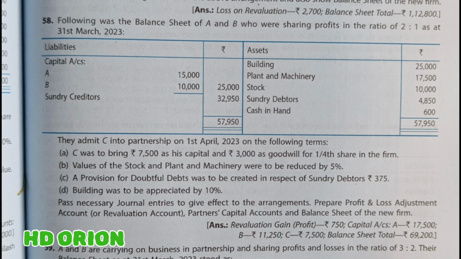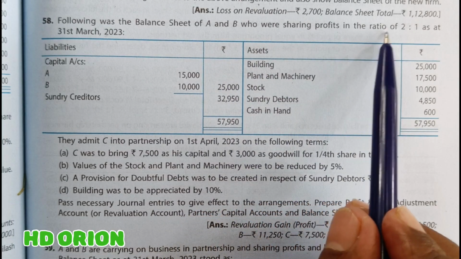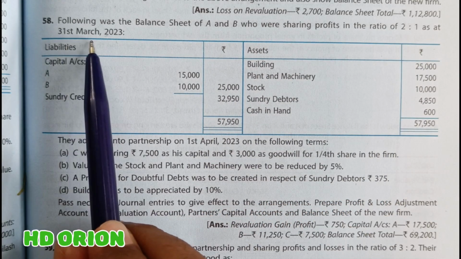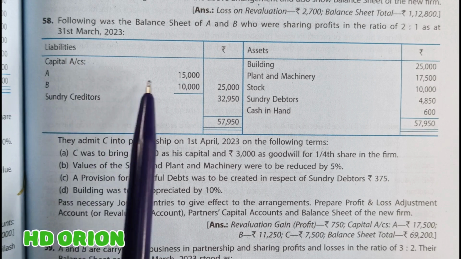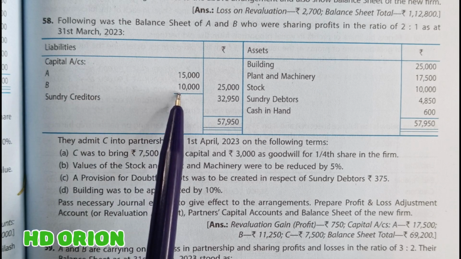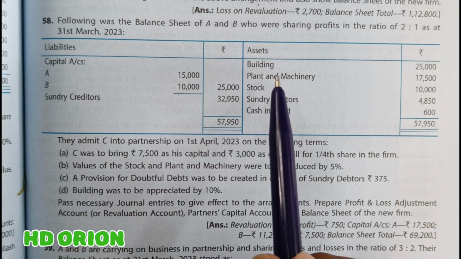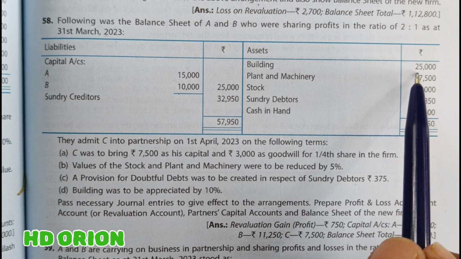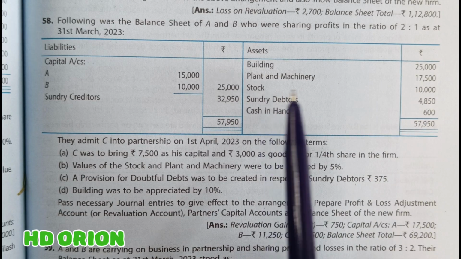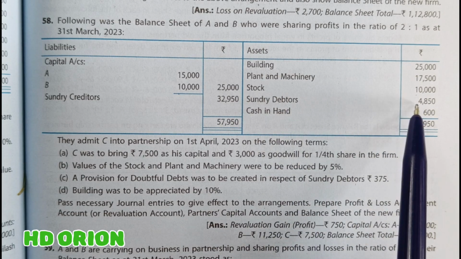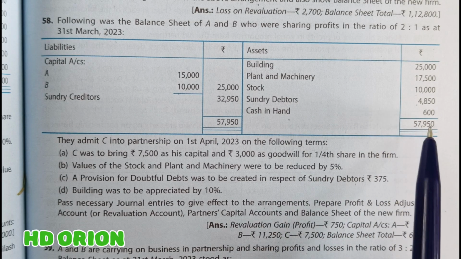Now let us see question number 58. Following was the balance sheet of A and B who were sharing profits in the ratio of 2:1 as at 31st March 2023. So to the liability side, we have got partner A's capital 15,000 and B's capital 10,000 rupees. Sundry creditors rupees 32,950. To the asset side, we have building of rupees 25,000, plant and machinery of book value 17,500, stock rupees 10,000, debtors rupees 4,850, and cash in hand rupees 600. Grand total